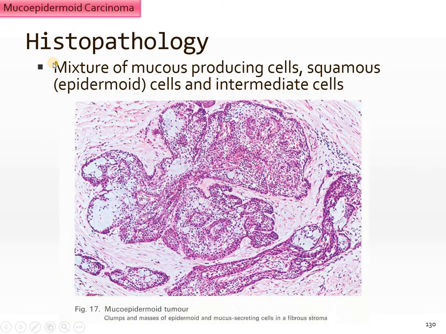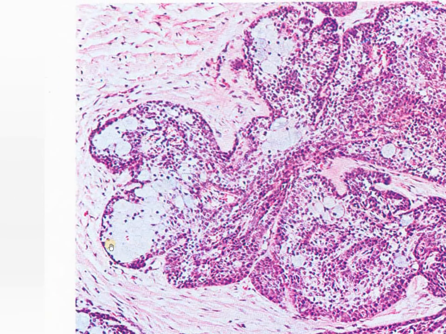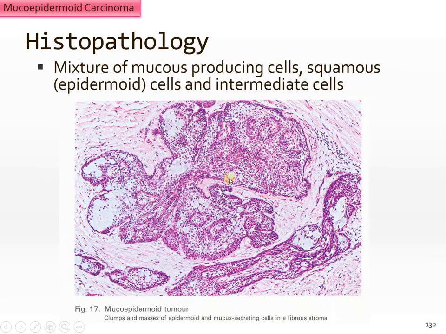So when you look at a tumor, they are not predominantly of one type. There is always a mixture of mucous, epidermoid, and intermediate cells as seen in this figure. So here, if you look at the lobulated area, you see predominance of mucous cells, whereas in other areas here you see epidermoid cells. So a combination of mucous, epidermoid, and intermediate cells gives rise to clumps of tumor cells which are